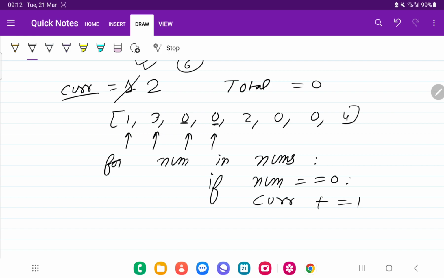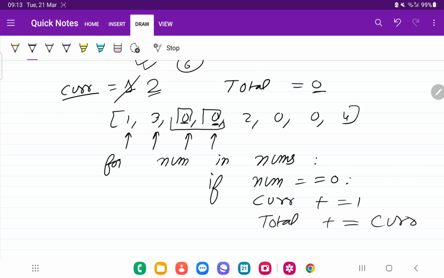So current will become 2 now, because the next element is also 0. But here the total should also increase, because here we get one subarray, this is the second subarray and this is the third subarray. So we should also increase the total: total plus equals current.